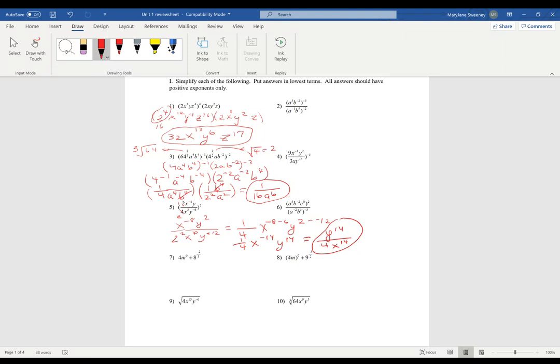Next one, 4m to the 0. Order of operations says do m to the 0 power first, which is 1, and then multiply by 4. So that's what the first part of that would be. 8 to the -2/3 is 1 over 8 to the +2/3, which means cubic root of 8 squared. The bottom number is the root, the top is the exponent. So this is 4 plus cubic root of 8 is 2. 2 squared is 4, so this becomes